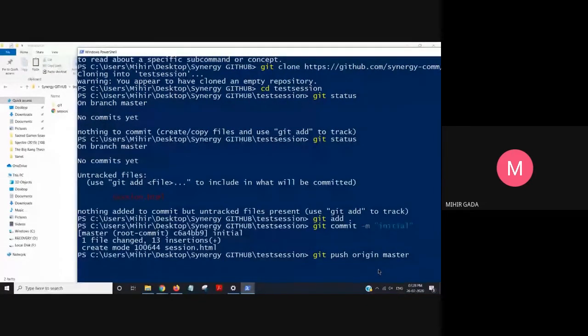I have a doubt: what is the initial? Initial is the name of the commit message, the name of the current version. I have just given a random name right now. So after I push,